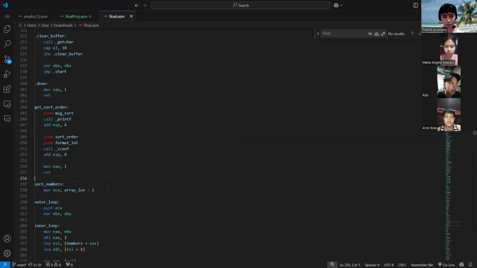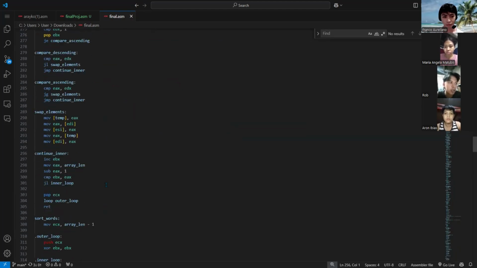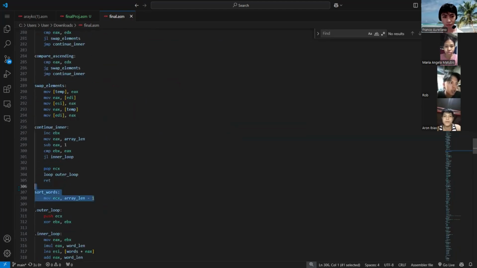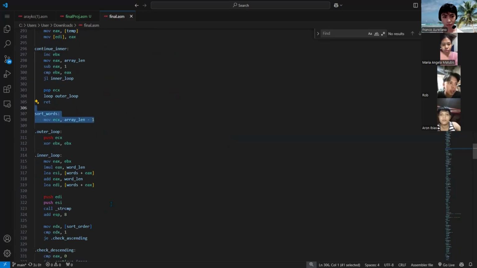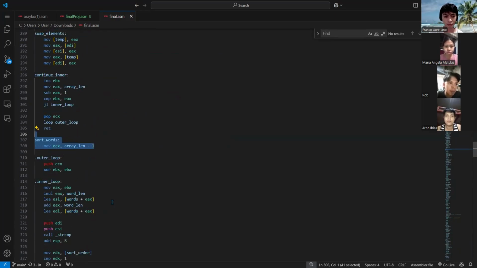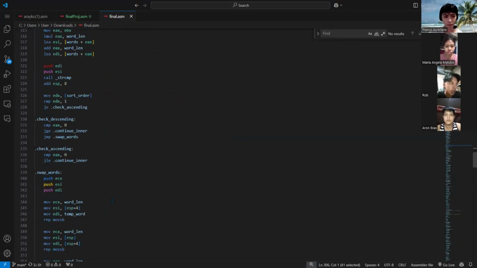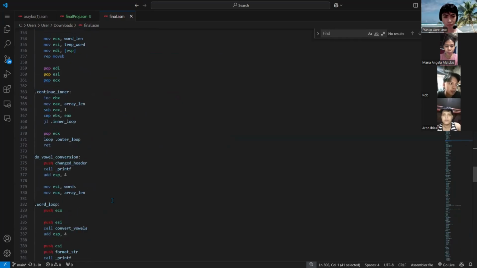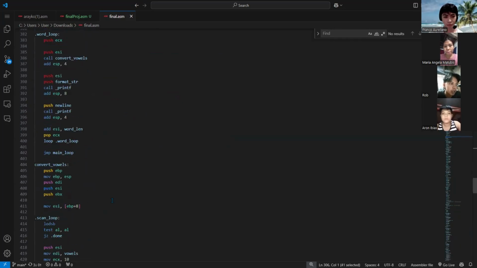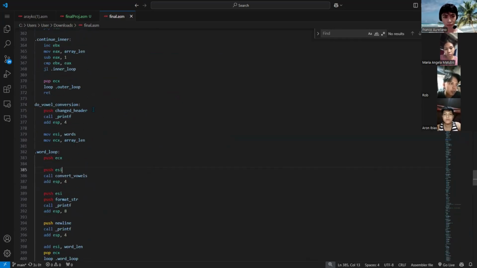For word sorting, the program enters word mode. It ensures valid word input, sorts them alphabetically, and offers an option to replace vowels with numbers. The do vowel conversion function handles this to ensure reliability.